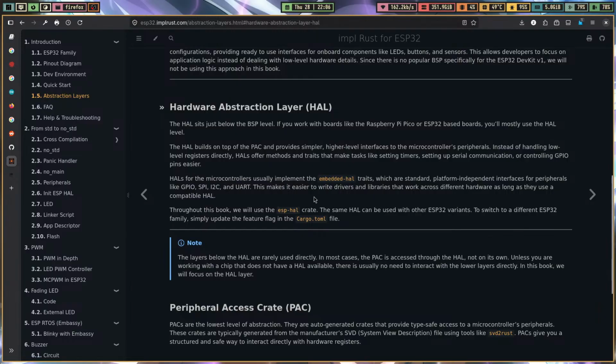Really implement embedded HAL traits like GPIO, SPI, I2C, UART. We'll use the ESP HAL crate. Below the HAL are rarely used directly. In most cases, the PAC